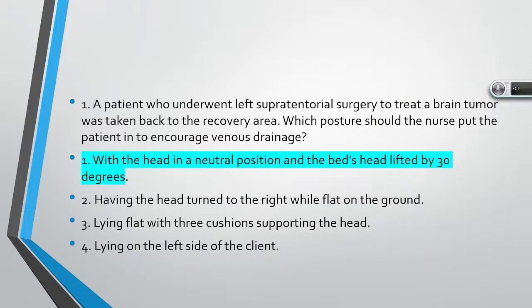So now here is the right answer. As I have explained, the patient underwent supratentorial surgery, meaning exposure of the cerebral hemisphere, which is part of a craniotomy, to treat the brain tumor. Now, which posture should the nurse put the patient in to encourage venous drainage? I have explained that to promote venous drainage and lower the intracranial pressure, we always position the client with the head in the neutral position and the bed's head lifted by 30 degrees. The remaining options, like having the head turned to the right while flat on the ground,